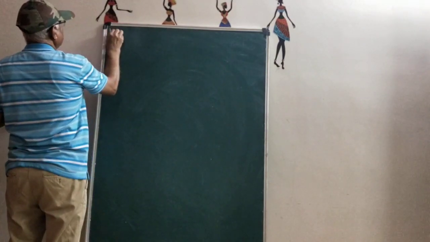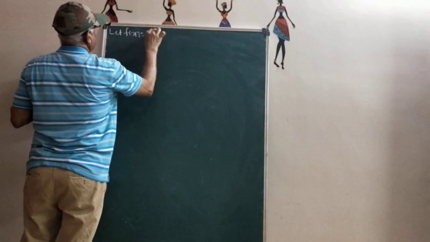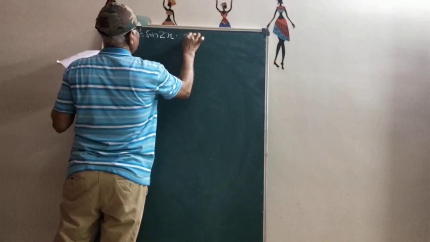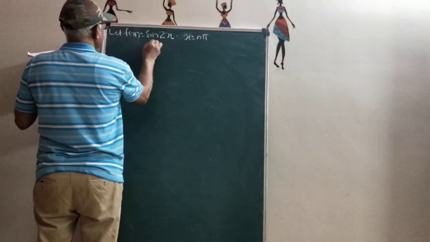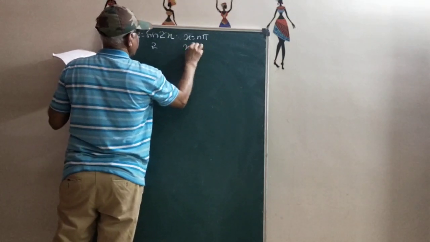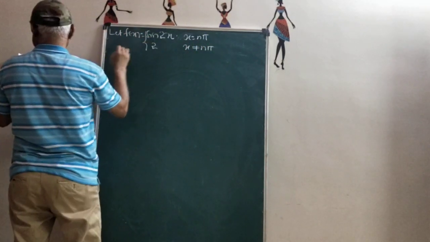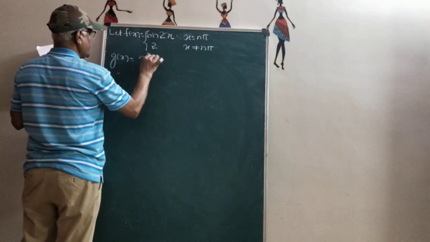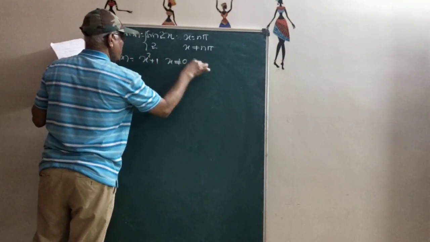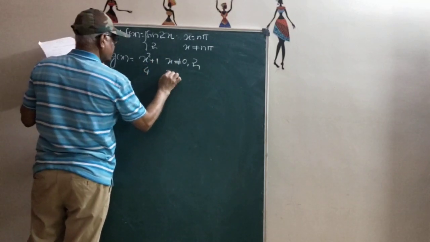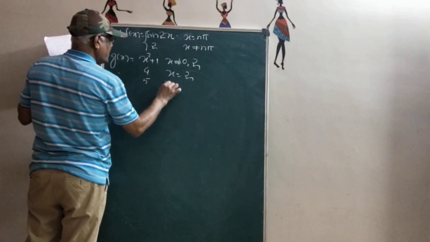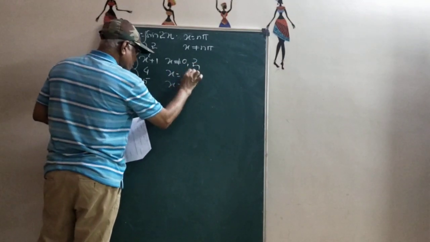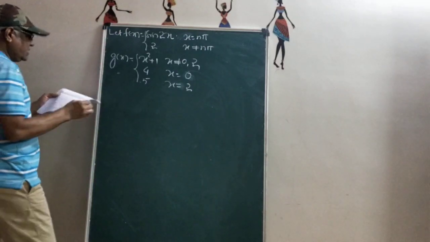Let f of x equal sin 2x if x equals n pi, and it is 2 if x is not equal to n pi. And g of x equals x square plus 1 if x is not equal to 0 comma 2, and it is 4 if x is equal to 2, and it is 5 if x is greater than 2, or even you can take this as x equal to 0, or you can take it as x equal to 2. Then